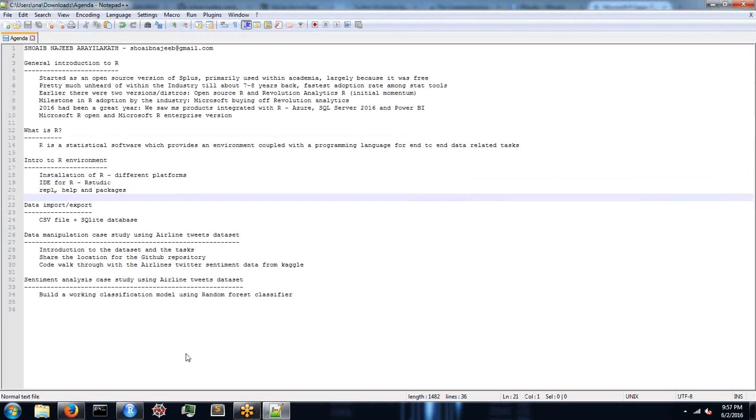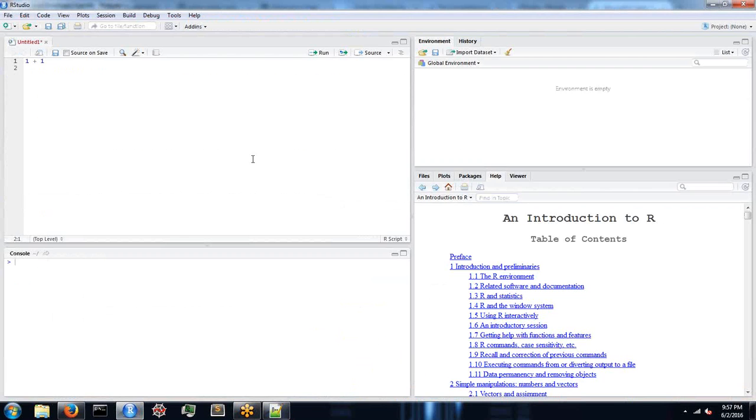We looked at REPL. So let me also show you how you can use the help feature. Say, for example, if you know a function but not exactly sure how it works. Let's say, for example, the mean function. But you're not really sure. But this is a function which can give you